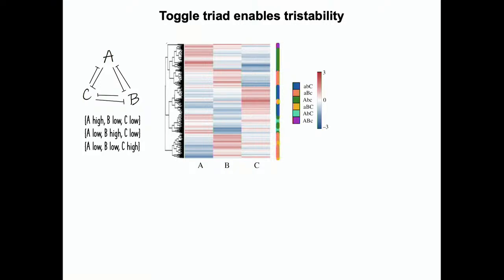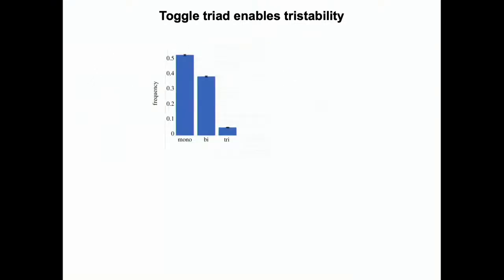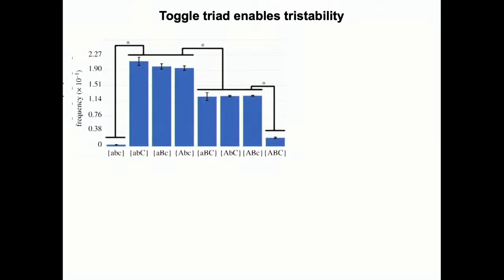Okay? Now what you see here, if you plot this in silico heat map, is that there is this whole bunch of solutions, red is high and blue is low, where A is high, B and C are low. This whole bunch of solutions where C is high, A and B are low, and this bunch of solutions where B is high and A and C are low. So you get these phenotypes as a consequence. And you also see predominantly this system is monostable. 50% of the parameter sets lead to only one state, but you do see some instances of bistability and tristability as well.